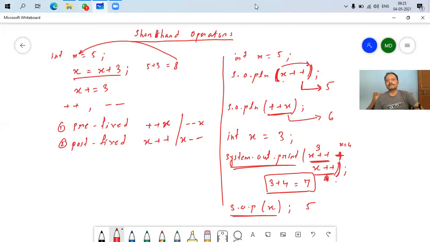Now, if we recheck the value over here, the value becomes 5, because here the value remains 3, no problem. As soon as we meet the plus, the value of x increases by 1 and becomes 4. Here the value of x remains 4, but as we reach this bracket, the value of x becomes 5. So if we print it, we get the result as 5. Now let us take another example.